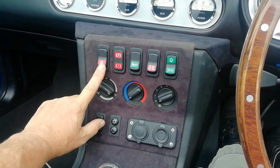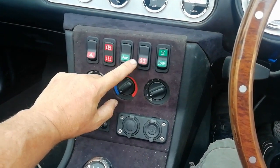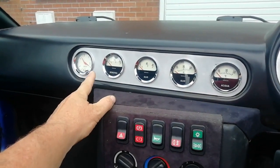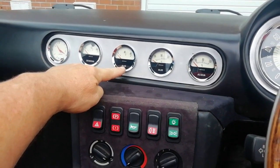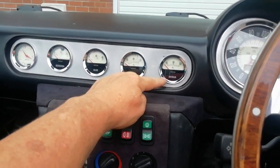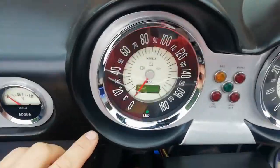Got hazard warning, handbrake, low brake fluid, horn, rear fog, head and side. Up here is a clock, fuel gauge with low fuel warning light, oil pressure, oil temperature, which is important in this car, and water temperature. And on the speedometer, oh,